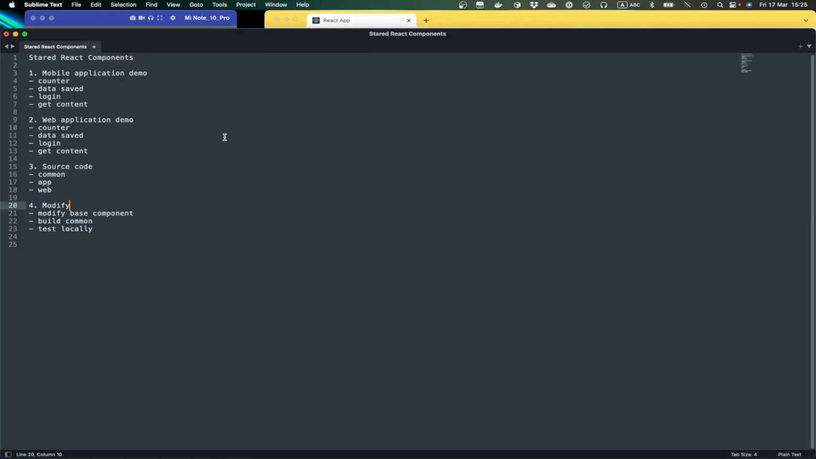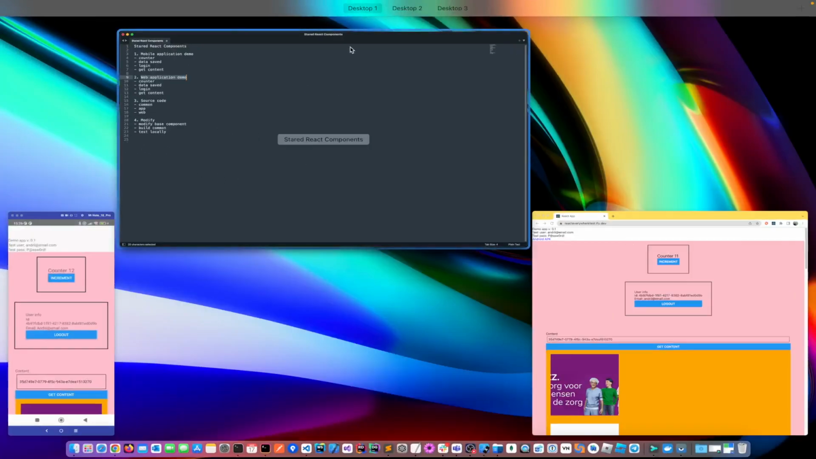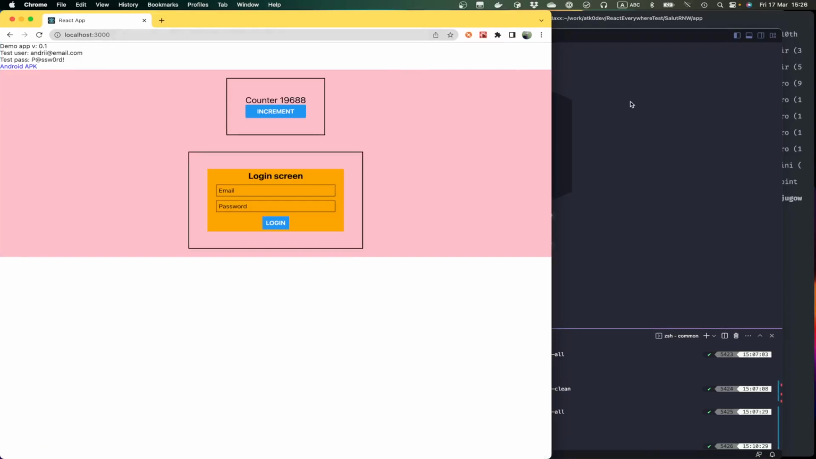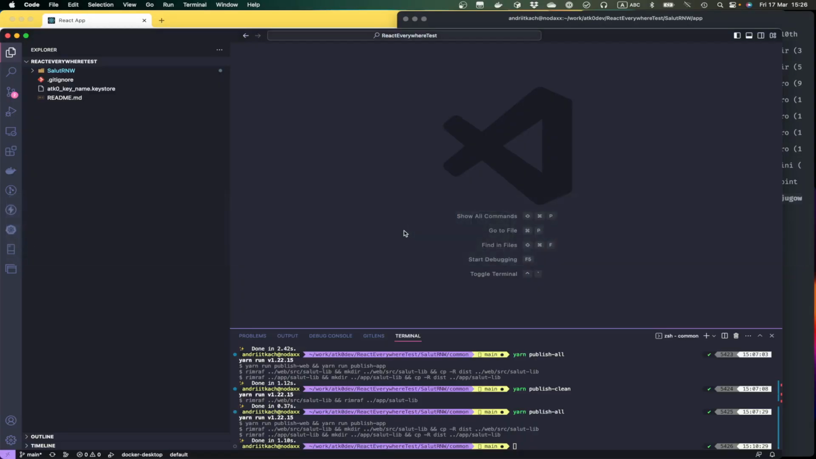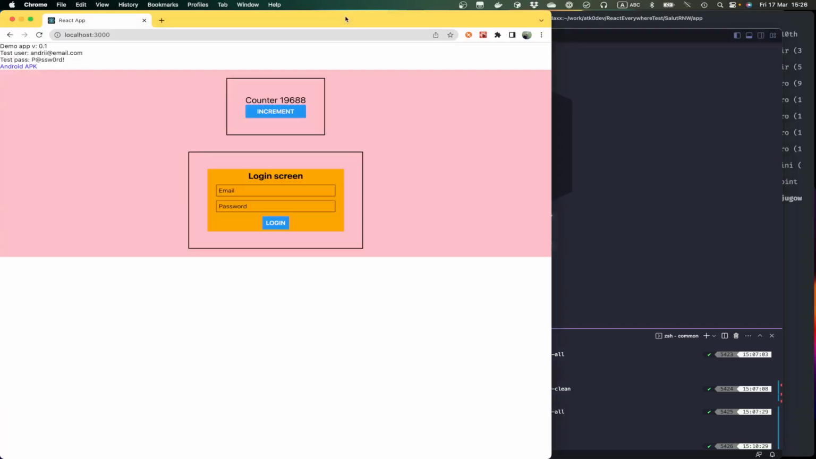Okay, so that was a demo of a mobile app. It was a demo of a web app with some features, and let's see how all of this is built. So I will go to the source code. This is a Visual Studio project. The source code consists of 3 major parts. The first one is a common library, and this library is exactly what holds all of these